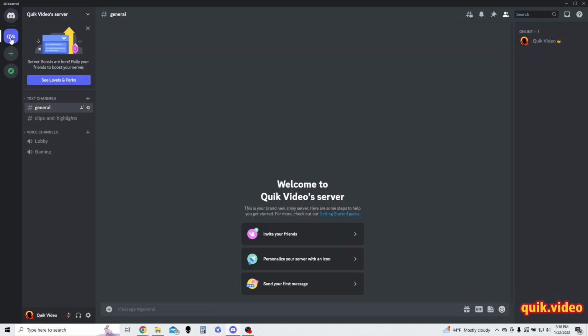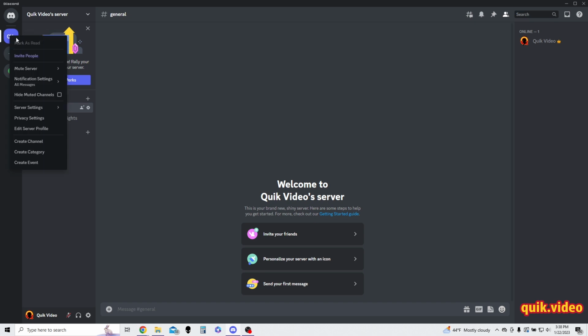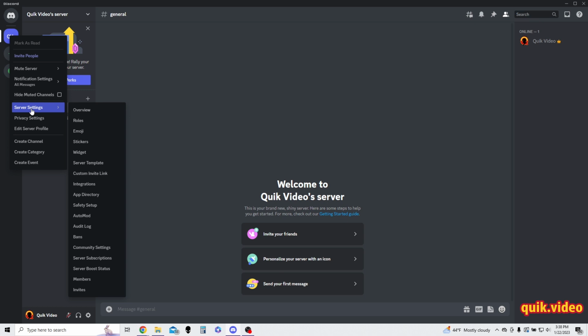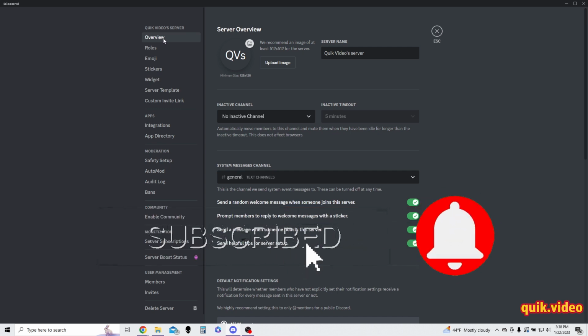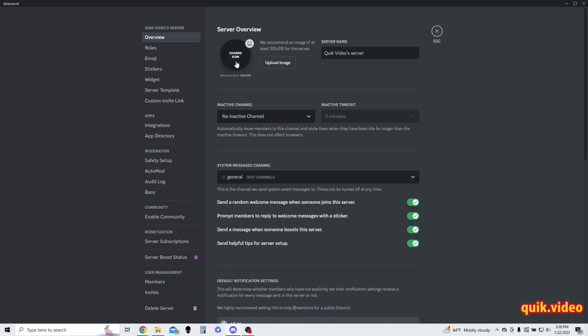And then in the Discord server, right click over on the left side, the server, and then go down to server settings and then select overview. In the overview section, make sure you're under overview option and then go over to server overview, and you can